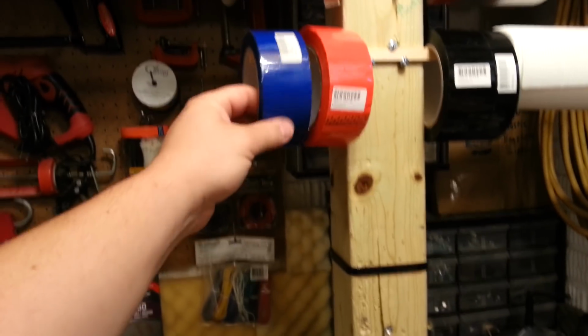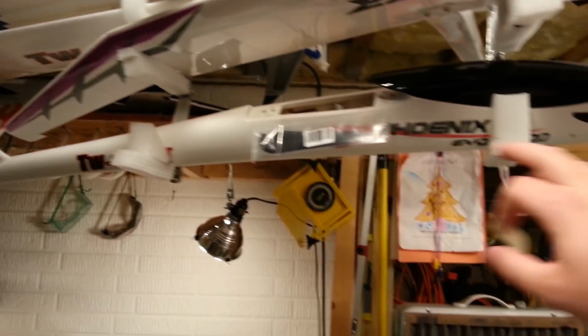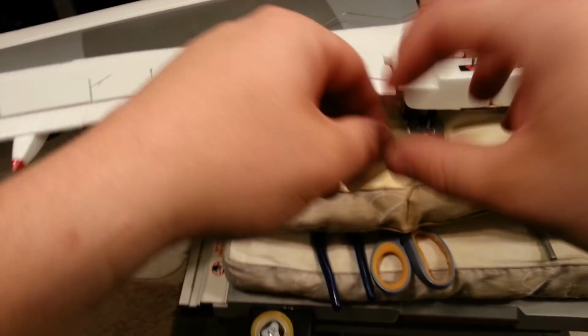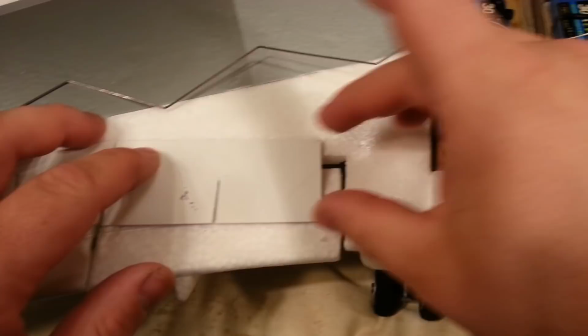Well, I got some tape, some wing tape, and what else did I get? Oh, I got props for the Phoenix. Went up to a bigger prop here. This is 10.6, that's an 11.6 carbon fiber. So those videos will be coming out here pretty soon. The mod video will take about 2 minutes, so it might be kind of like a mod video slash flight video hybrid. But you know me,